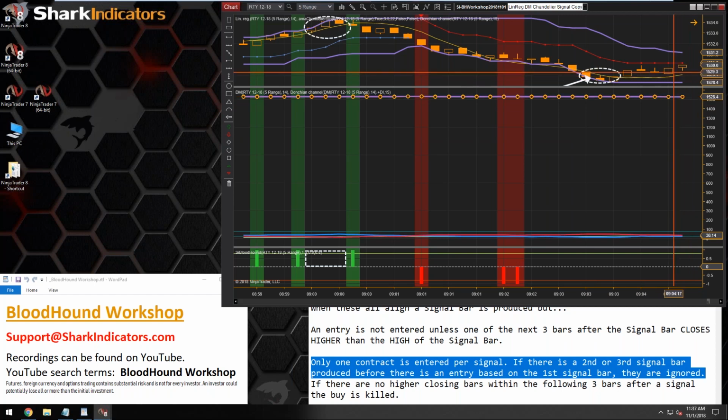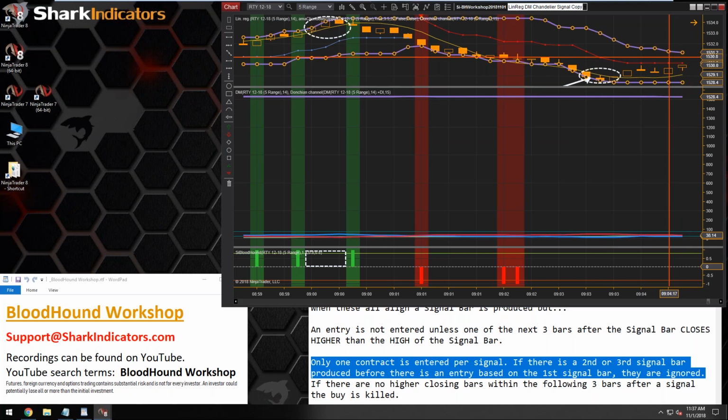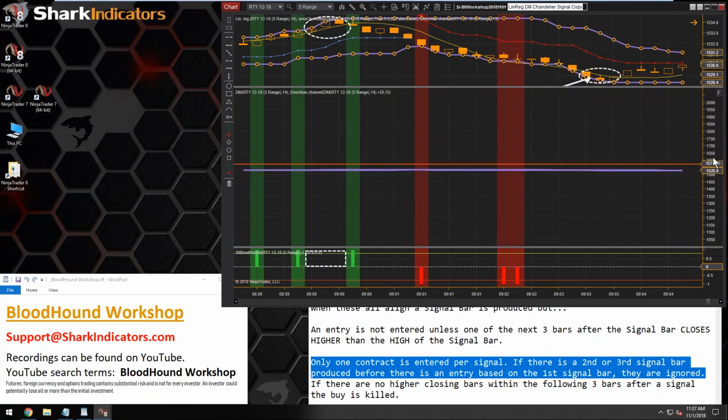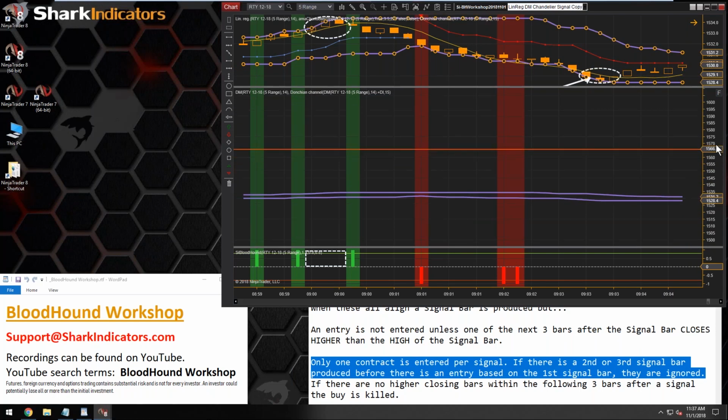So if we look, it's actually the same price as our instrument, right? So we can see our instrument, the RTY, is at around 1,500. And if we scale this down, and then